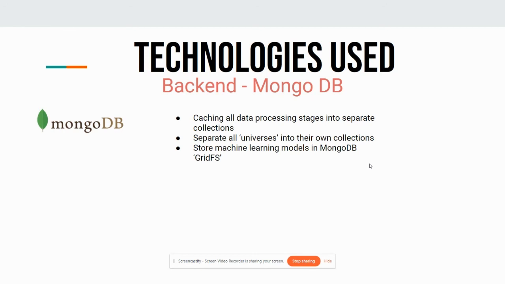The migration to MongoDB allows us to completely decouple the global state of the data processing and training stages from the Data Explorer by storing and caching every stage into MongoDB. We also store all data relevant to a particular collection of our project into a separate universe. This means that an end user that applies our microservice to their product will only see the data relevant to their project,